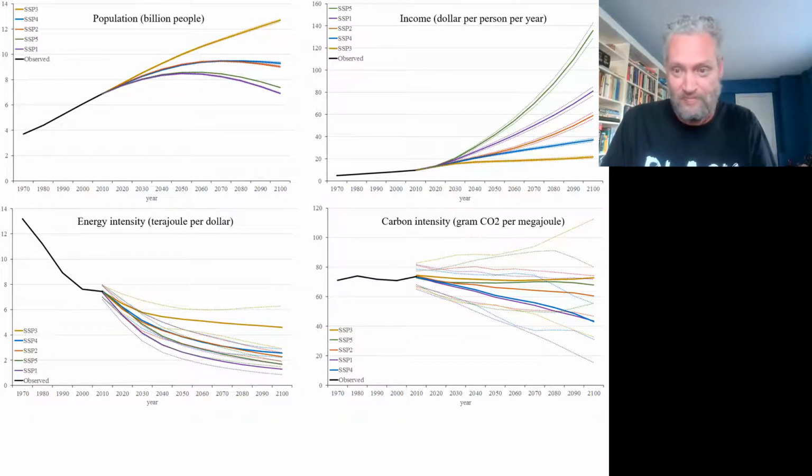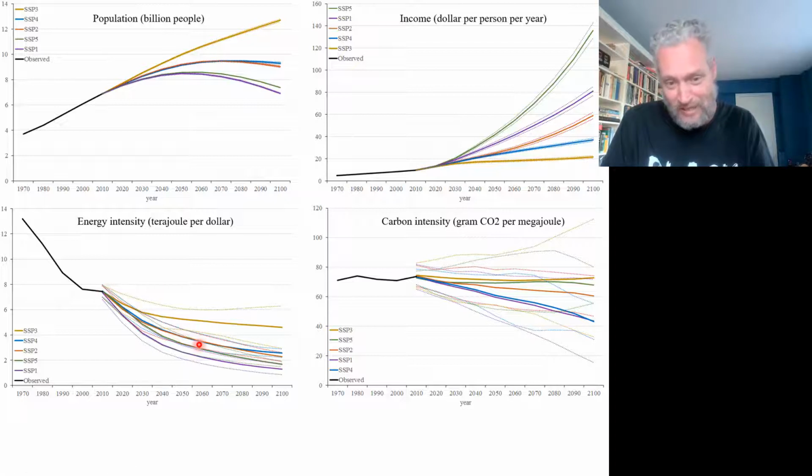And that is why this most pessimistic scenario is in fact fairly optimistic, or it's a good scenario. There's no economic stagnation, there's no economic decline on the horizon if we believe this set of scenarios. So that is population and per capita income. Here we're looking at energy intensity. How much energy do we need to make a dollar worth of value added? We see history here. It's dropped, and then a sort of a slight dampening out of the drop.